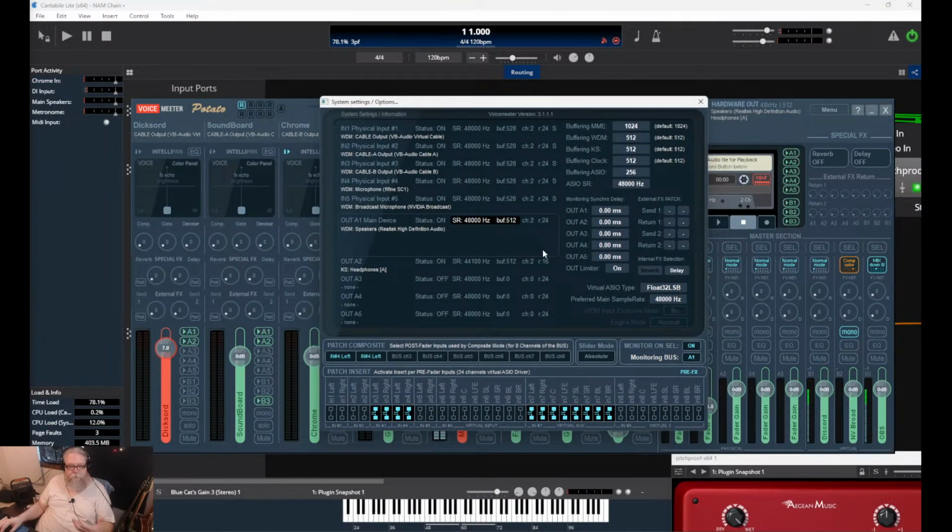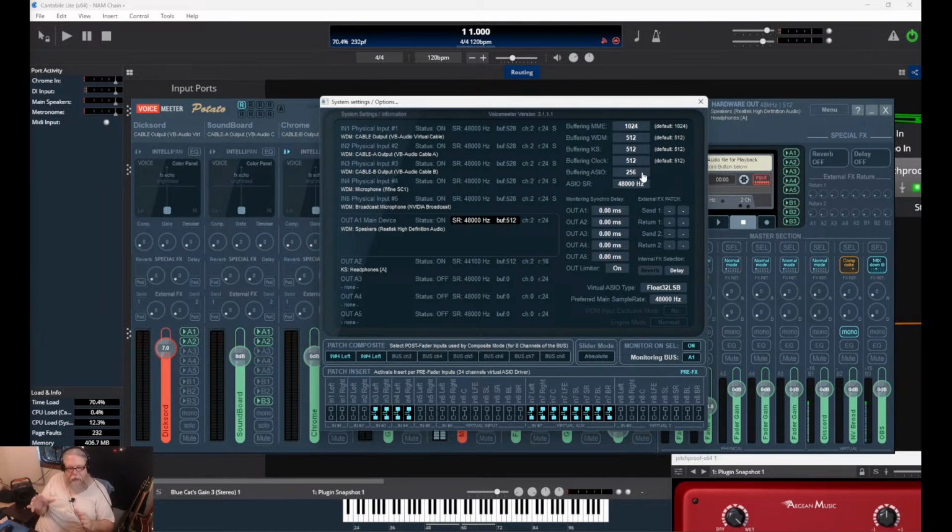This is VoiceMeeter. I use VoiceMeeter for my ASIO, but you'll notice right here where it's got buffering ASIO, and then there's a selectable number down here. Now, I'm actually not using 256 that's showing here. I have a different command line program that changes that information so that it works differently, so I can't really display that here. But a driver is going to look something similar to this, where you're going to have a buffer and you're going to have a number there.